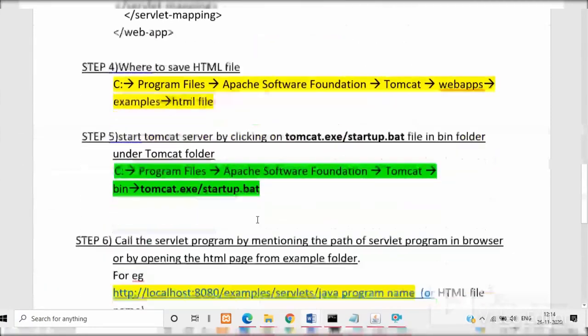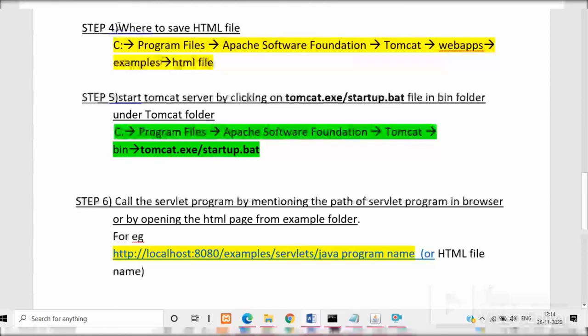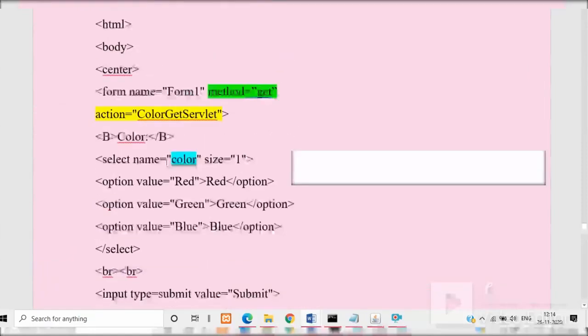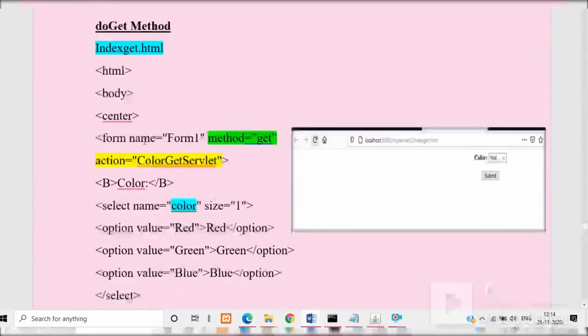Next step is step number 4. Step number 4 is where to save the HTML file. Now, where to save the HTML file? In the examples folder. In the examples folder, you should save the HTML file. Now, the code for the HTML file is, I have this indexget.html file.